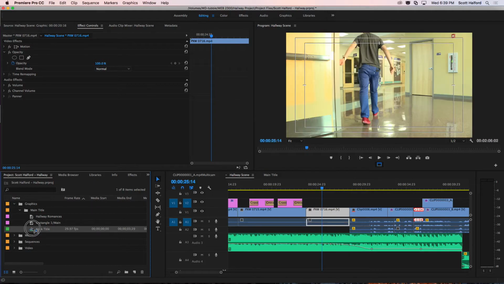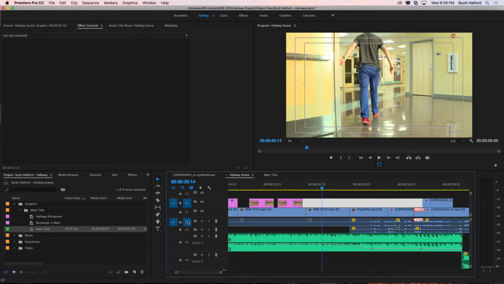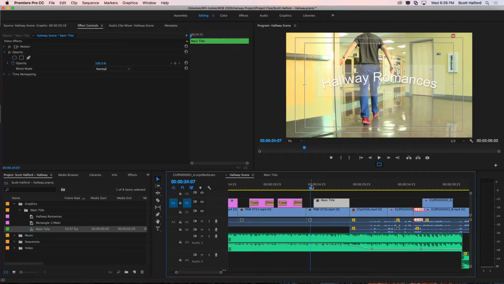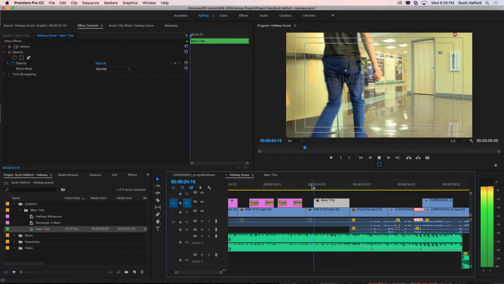Oop. It's got audio and video, so I'm just going to turn off these target tracks for audio 1 and audio 2 because I don't want it to destroy anything. And all that animation that I did,